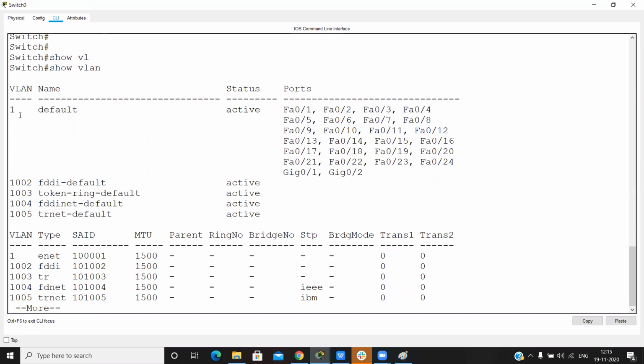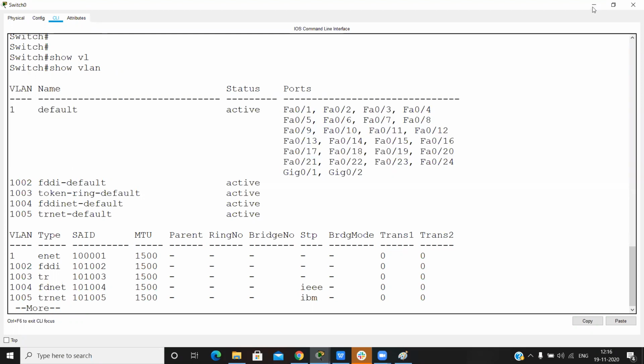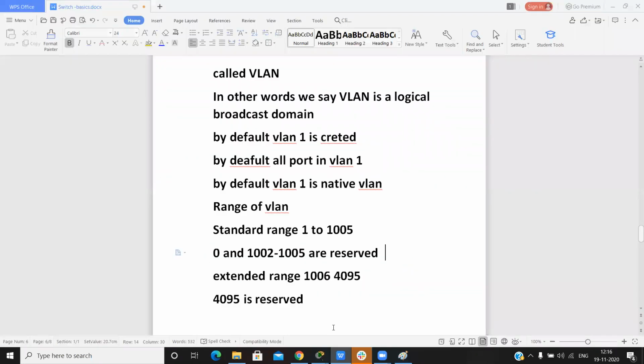Now see, VLAN 1 is created, this one is the default, and all the interfaces are in VLAN 1. VLAN 1 is also known as the native VLAN.